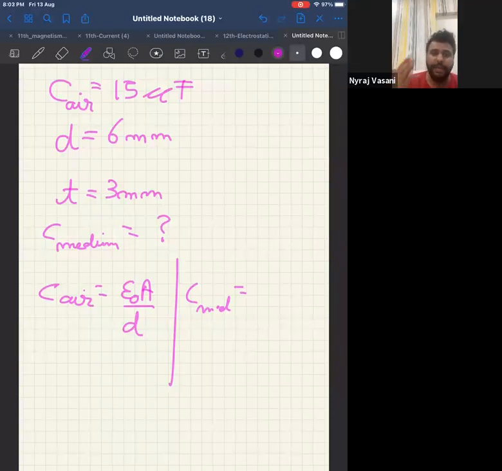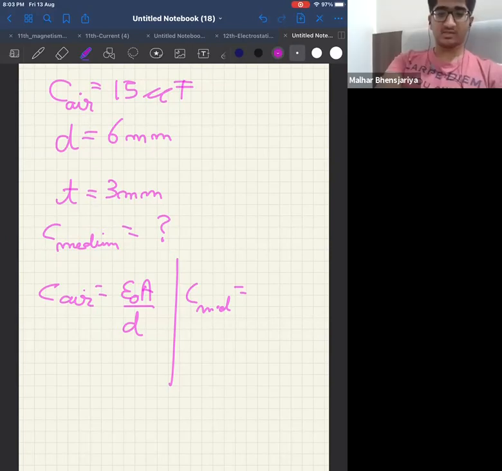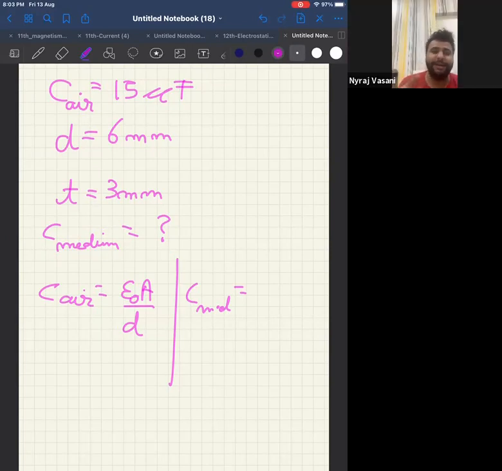Hope you understood. Even if you started with the t upon K formula, t upon K gets cancelled. I had written 1 upon K first. Okay, that was a mistake. t upon K gets cancelled. Can I say I am left with d minus t itself?